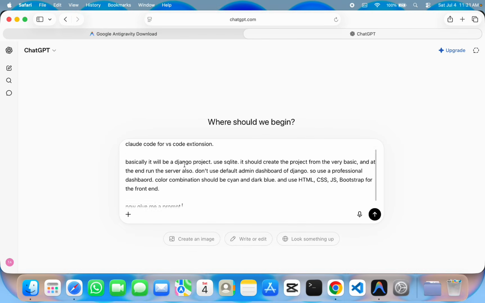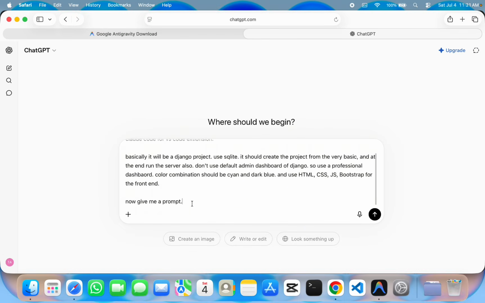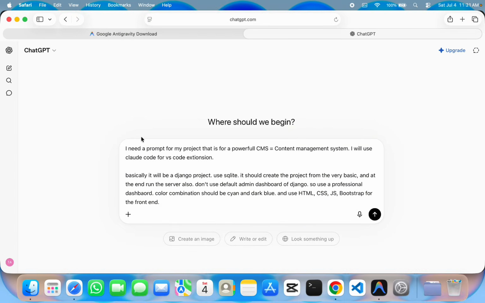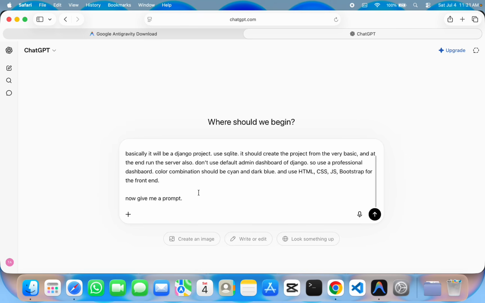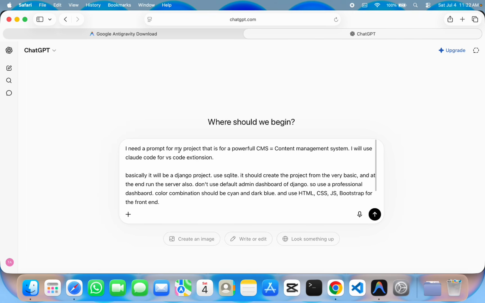This is for tutorial purposes, and that's why there is some basic information. In your case, if you want a fully functional website in a professional way, let's say you are doing this project for your client, you have to mention all the requirements from the client and then ask for the prompt. Okay, here you can see I need a prompt for my project, that is a powerful CMS, content management